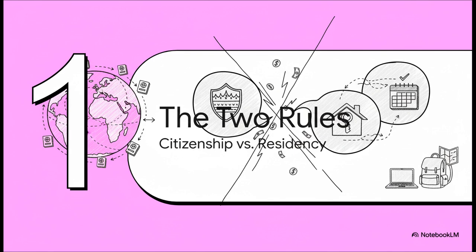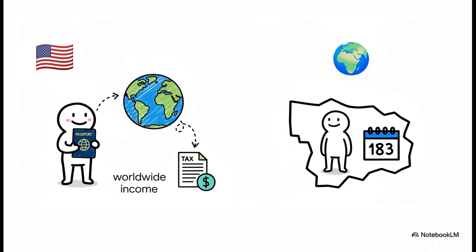The entire complicated world of international tax really boils down to just two fundamental ideas. Two totally different systems that are constantly crashing into each other. And every single tax problem a nomad faces comes from understanding the difference between citizenship and residency. And this slide lays out that massive split. See on the right, that's how pretty much the entire world works. It's logical, right? If you're physically present in a country for a good chunk of time, you become a tax resident. They tax you based on where you are.